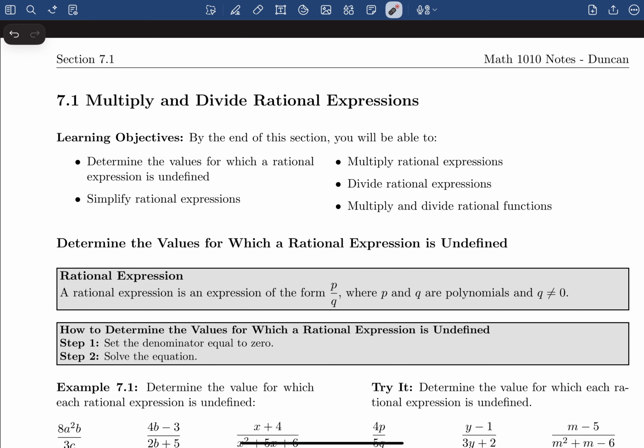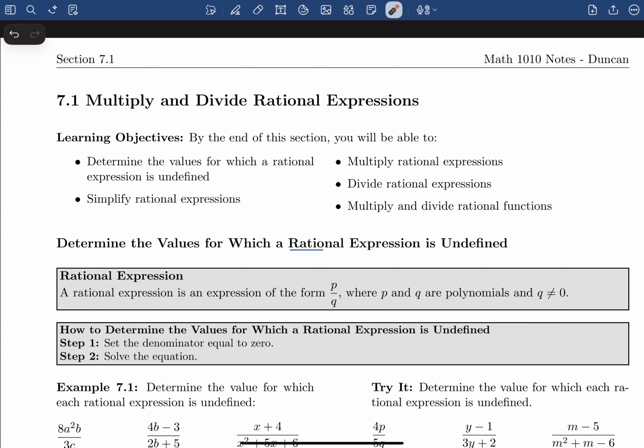Great, let's define what a rational expression is. A rational expression is an expression of the form p divided by q, where p and q are polynomials and q does not equal 0. So let's break that down. A rational expression is just a fraction. In fact, the word rational begins with 5 letters called ratio. All right, so when we talk about something that's rational in math, we're talking about a fraction, something that creates